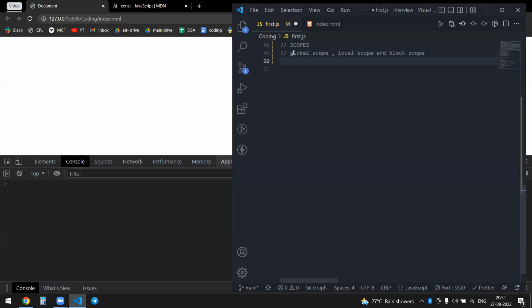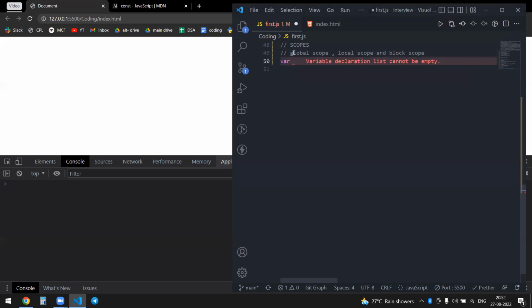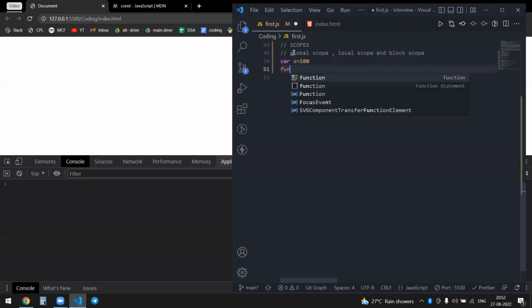Everything that is not inside any function, or not inside any block of code. I mean, for example, if it's an if statement or a loop statement or maybe a switch case or something. So for example, if I am writing let x equal to 100, and then if I am making a function,